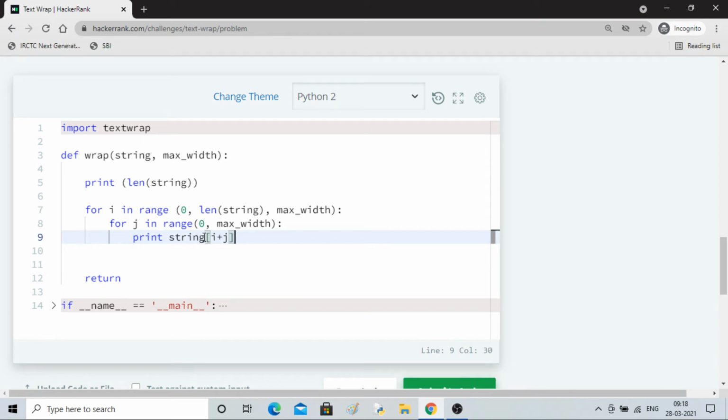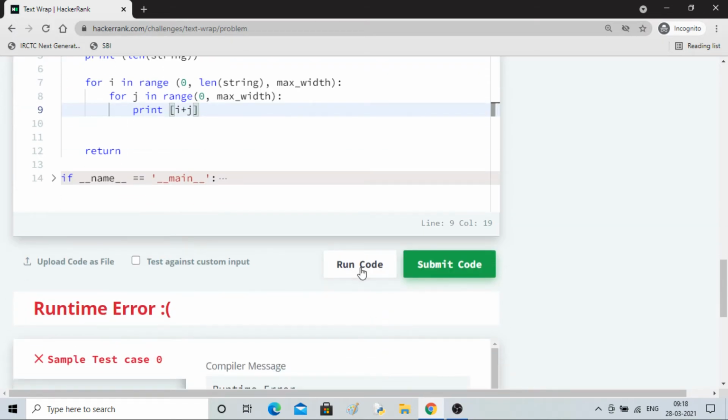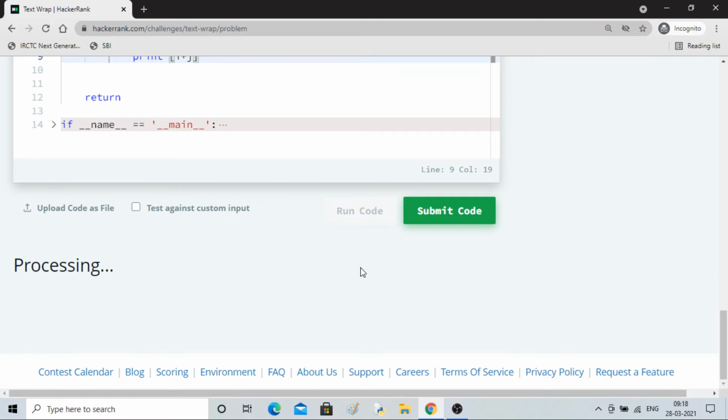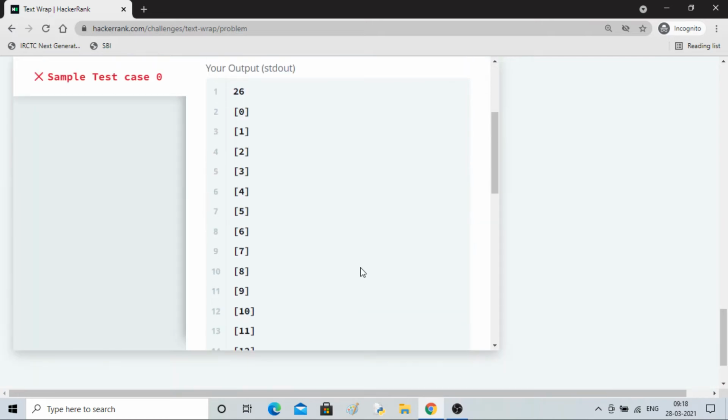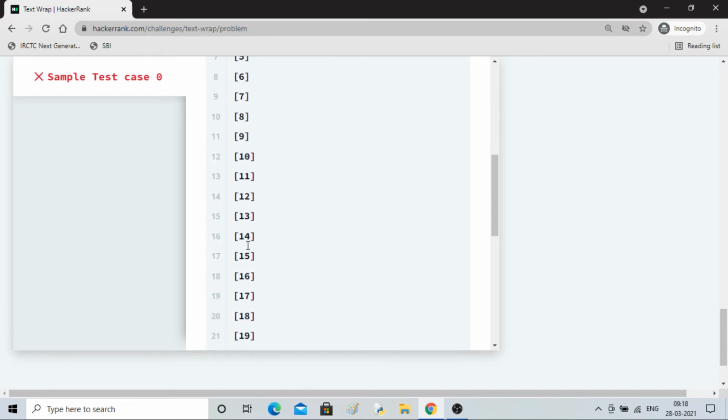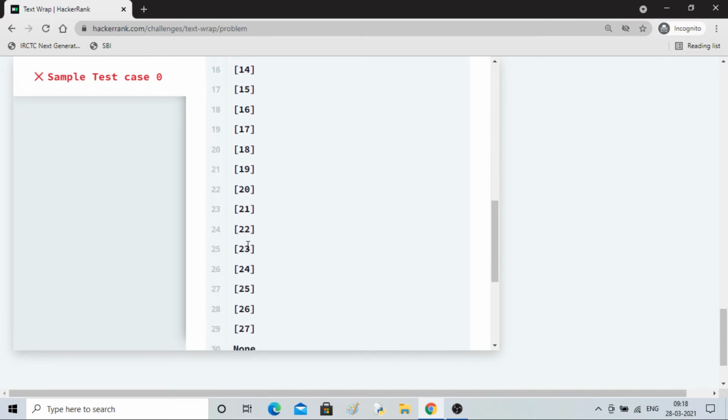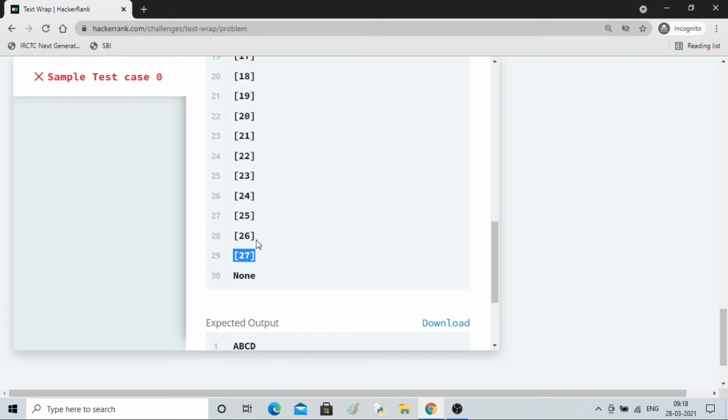Okay, let me print I plus j. So our string length is 26, but our I plus j is going till 27.